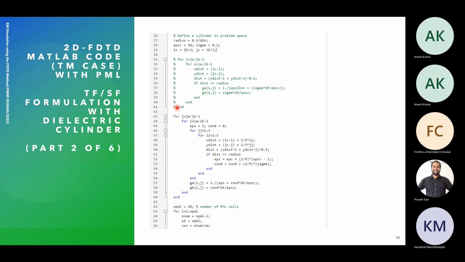So I've commented the staircasing code over here, and the uncommented part here is the code for the approximation. You can see over here we are checking for every smaller cell, and if it lies inside the radius, we are adding its weight to the epsilon and conductivity, and then using that epsilon and conductivity, we are updating the coefficient values. So over here, you include the value for the cylinder,